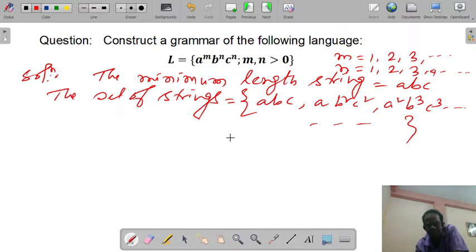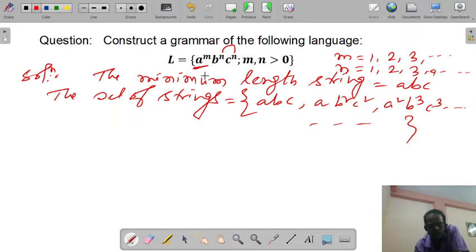So what are the features of this language? Here you just see that first of all A will be placed, then all B, then all C. But the number of B and the number of C should be equal, as the power of B and C is n. So here are the two parts of this language.